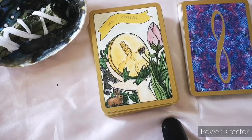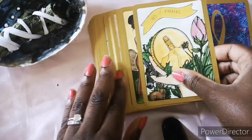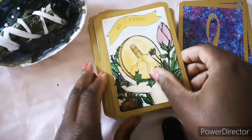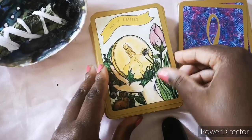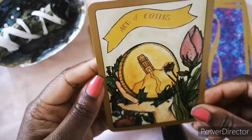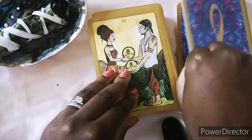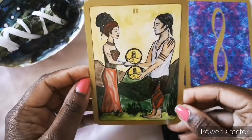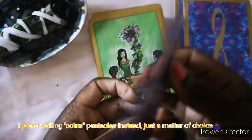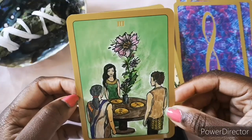Okay, now moving on to the suits. So this is the Pentacles suit. And there's a yellow, lime, greeny kind of feel to them. So here we have the Ace of Coins, the Two of Pentacles, you have the Three of Pentacles,